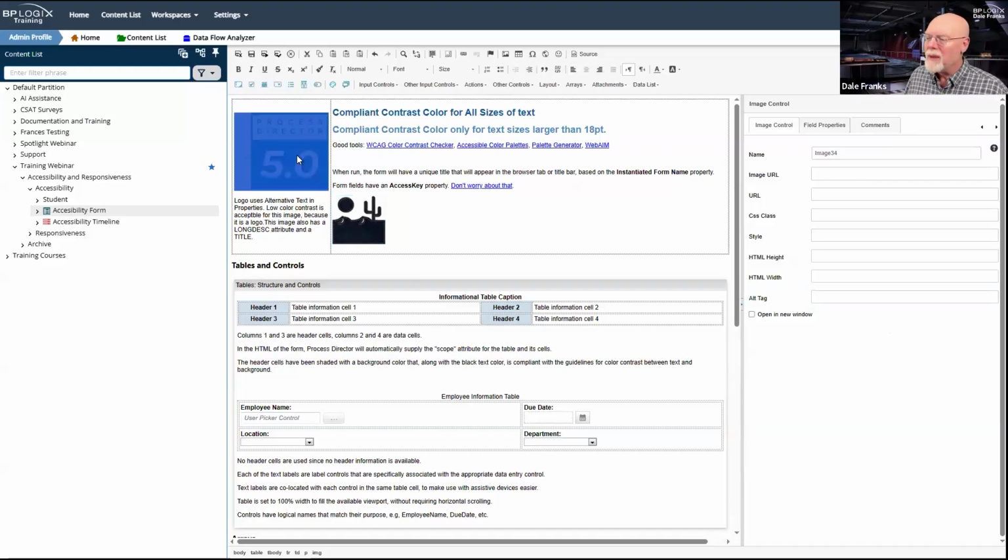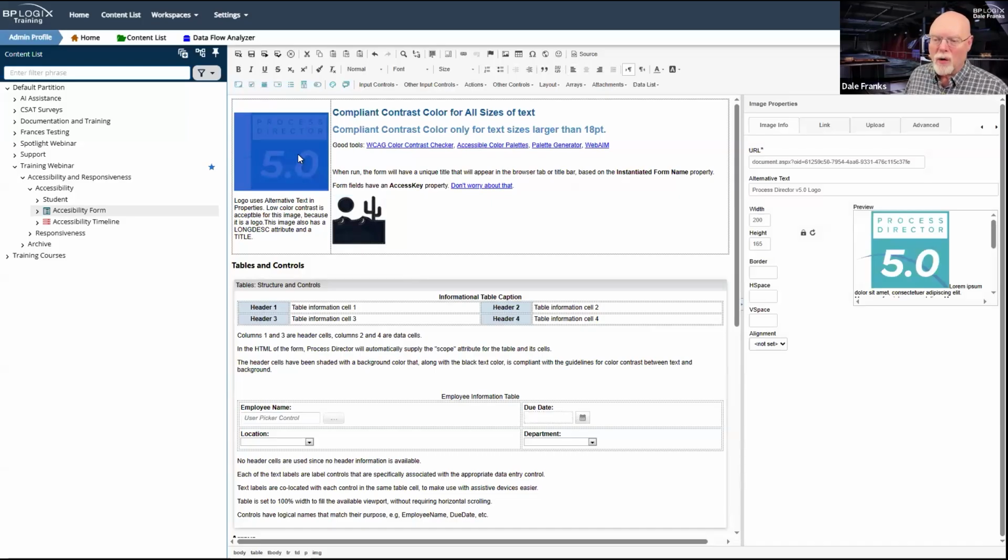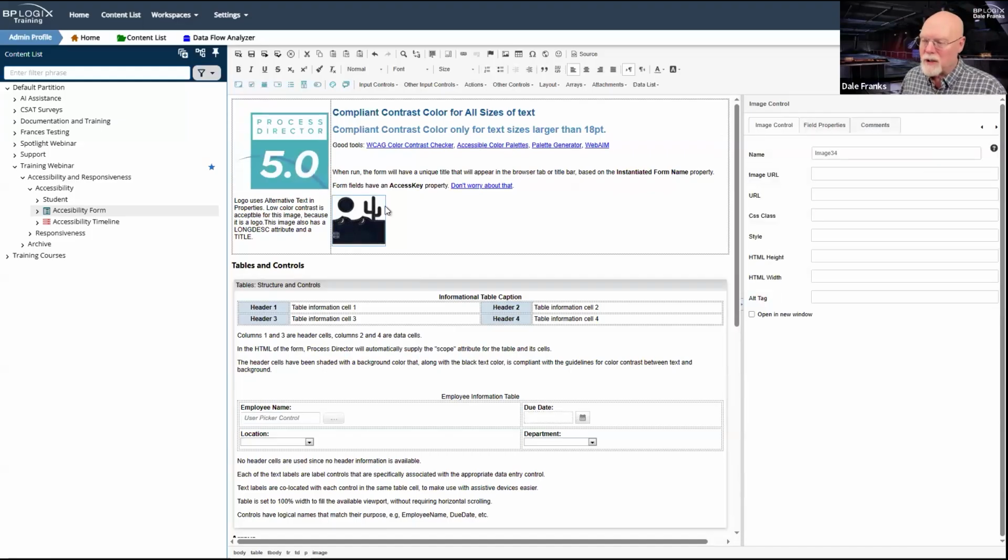The other thing is if we go to this regular image control right here, there's one thing it's missing, and that is the field properties control, because it is not a Process Director control. So here with the Process Director image control, while it doesn't have the long description URL or what have you, it still has the alt tag. That is required.